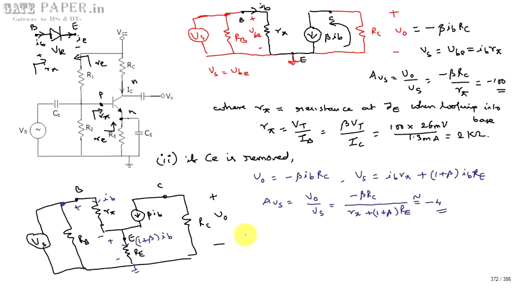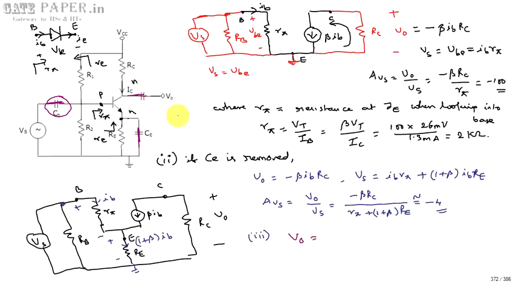And next, the third one: what is the value of V naught? If CB is short circuited, it is the same as the first case. At mid frequencies all capacitors act as short circuits, so there is no need to specify that CB is short circuited. Just to confuse you only, I have already made CB a short circuit.